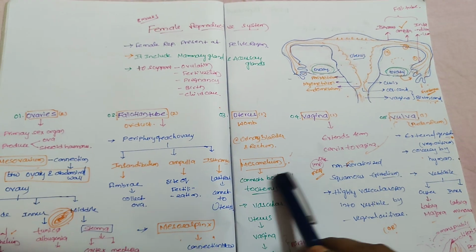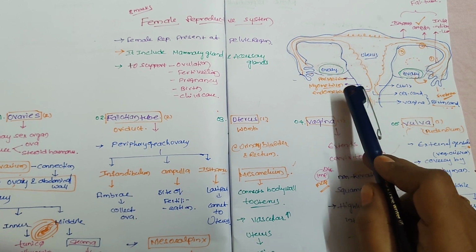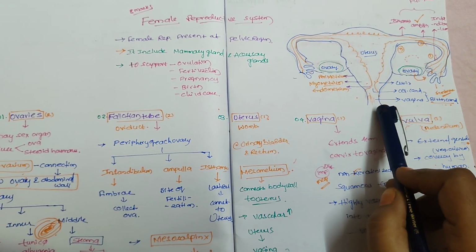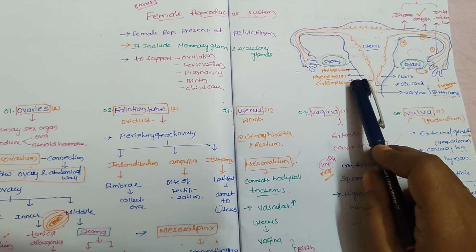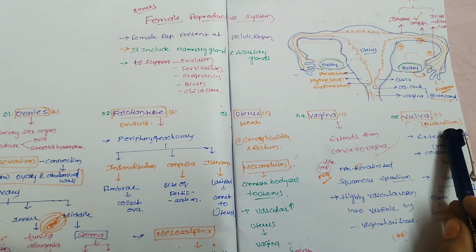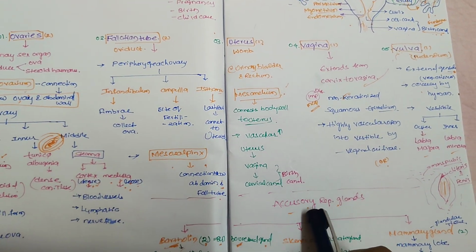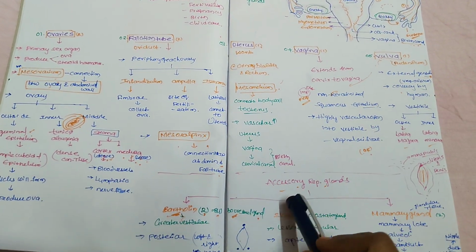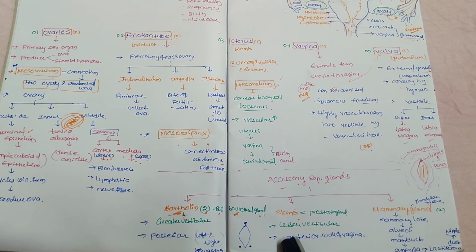So before going to the parts, where is the location of the female reproductive system? So the location, it is located in the abdominal region of female. So that is pelvic region. So it consists of these parts including the accessory glands. So accessory means here supporting. So with the help of these parts and also accessory glands will give the support for the female reproductive